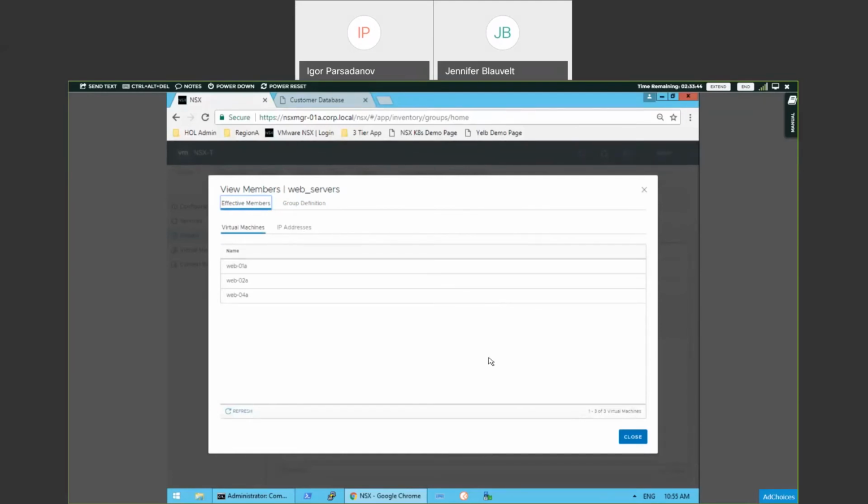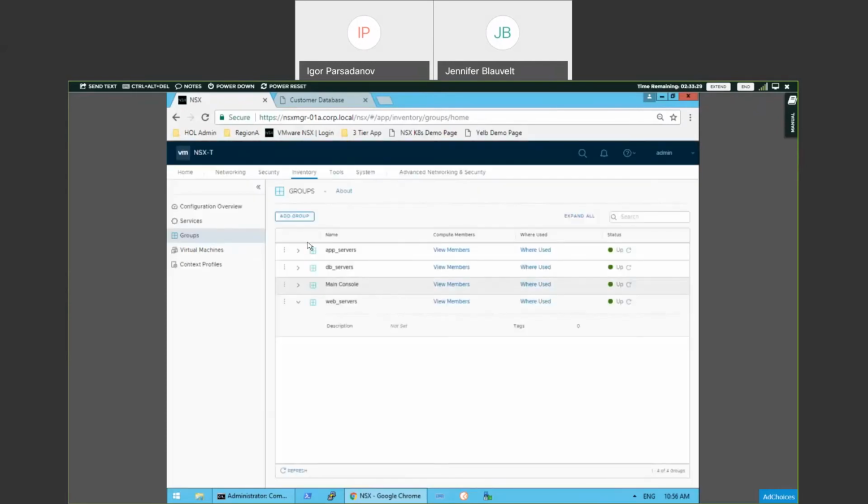Also, as that workload moves or has its IP address changed, the policy will follow it because it follows the tag. And the firewall policy is really down to the vNIC level. So those are our groups that we have defined here and the tags that allow them to fall into those groups.